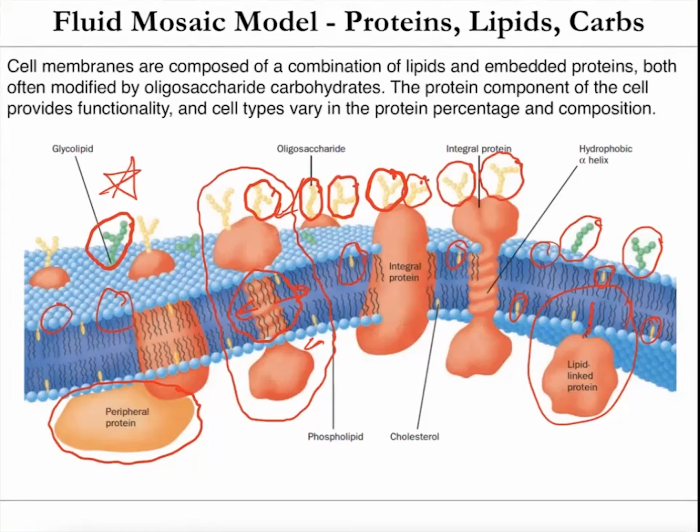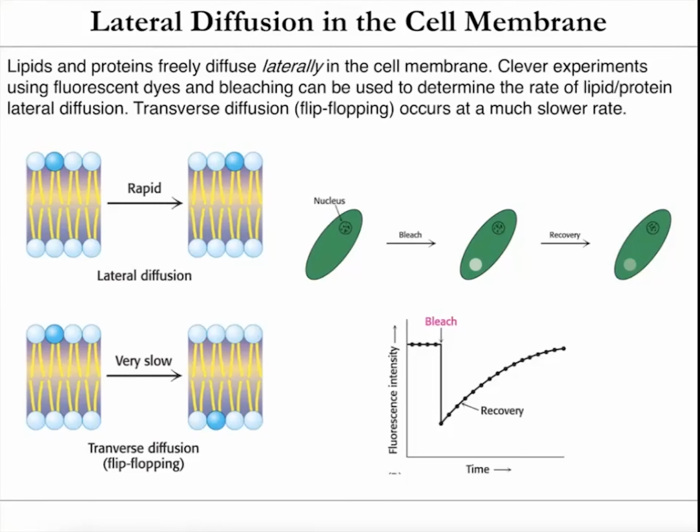So it's very important to understand that the lipids are the main component of these cell membranes, but that proteins and carbohydrates and cholesterol also play very important roles. With that fluid mosaic model, we just touched on the mosaic part. The cell membrane is made out of lipids, proteins, carbohydrates, and cholesterol, which is a type of lipid. But we didn't really talk about the fluid part. The fluid part comes from the fact that the lipids and most of the proteins in your cell membranes will diffuse laterally very quickly.